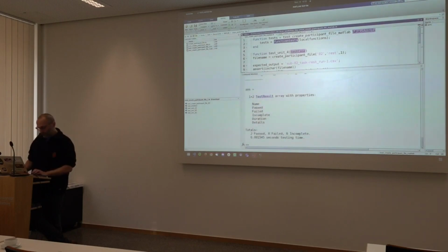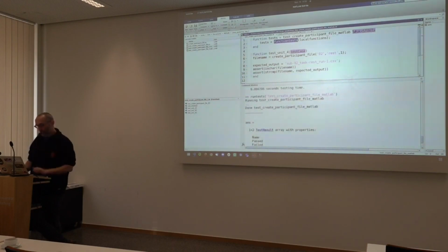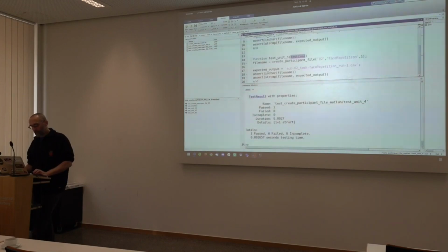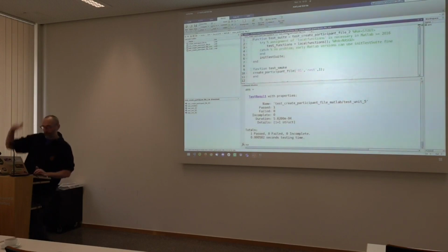I think the second time should be faster. Yeah, the first time is always a bit slow because it needs to load a few things. The next time will be faster. One cool thing about running tests with the MATLAB testing framework and not MOxUnit is that you can also run individual sub-functions. Meaning you can run individual tests, because here you have a different button that will realize where your cursor is, and you can say, hey, just run this test or just run this one. Whereas with MOxUnit, you kind of have to run the entire file. So sometimes that's a bit annoying.